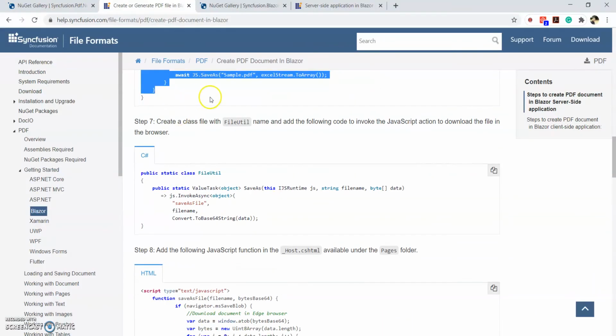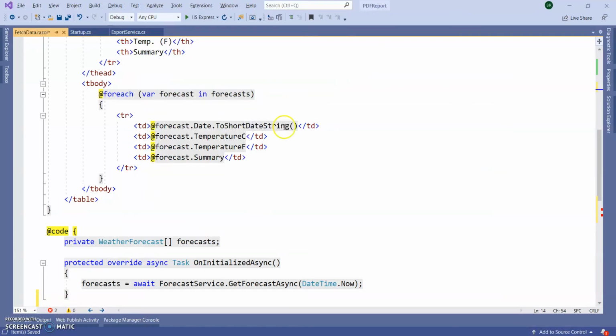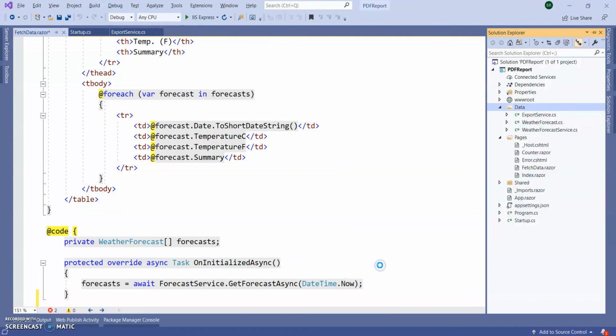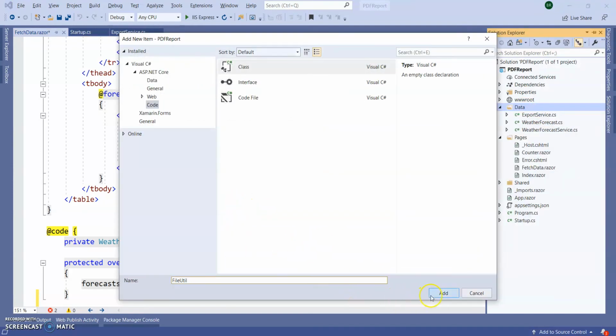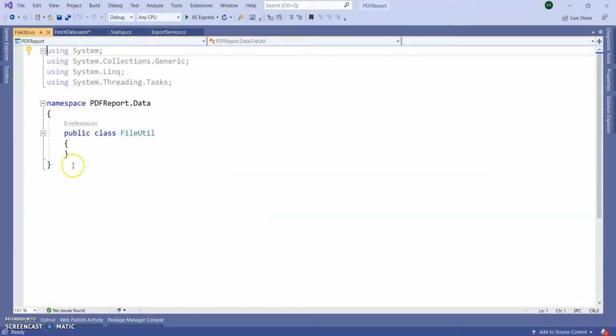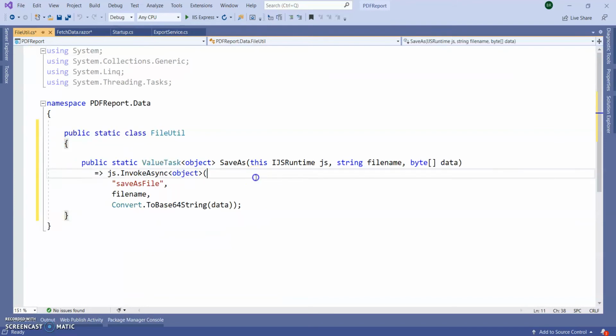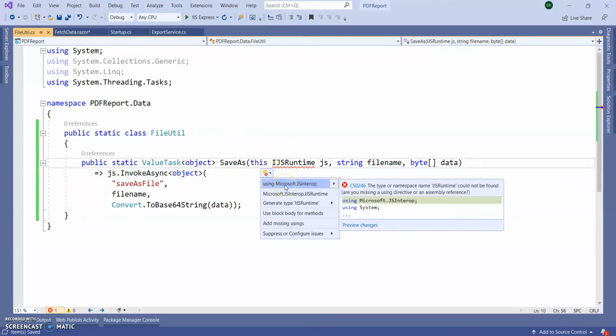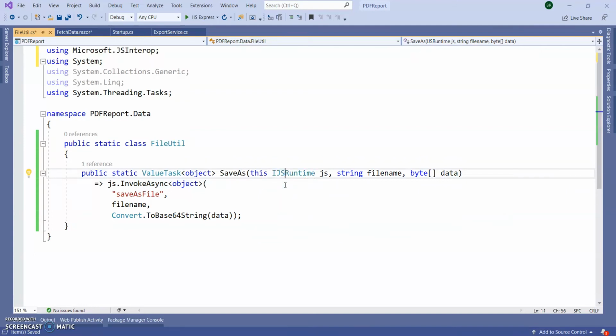Next step, create a file util class inside our data folder again. Go to the data folder and add a class here. Inside this, it will be a static class. We need to add IJSRuntime using Microsoft.JSInterop.